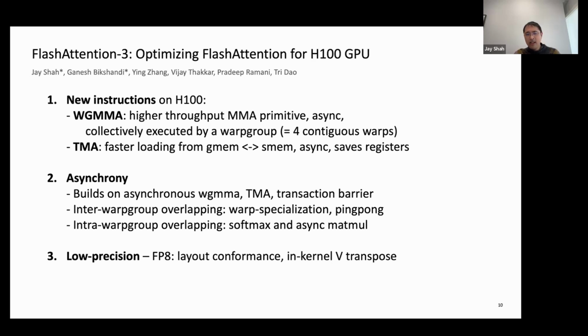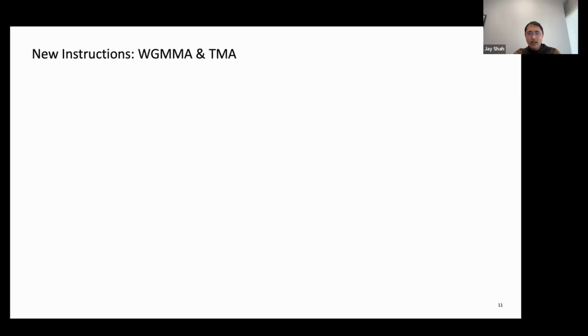So in this talk, I'm not going to discuss issues related to the quality of the FP8 attention kernel, namely how you mitigate the accuracy loss that you expect from moving to low precision. The upshot is that we get, in the BF16 case, up to a 3x speedup over FlashAttention 2. And we have an essentially optimal implementation reaching up to 85% utilization, competitive with the best GEMM kernels for the attention kernel. So let me walk through these optimizations in order.